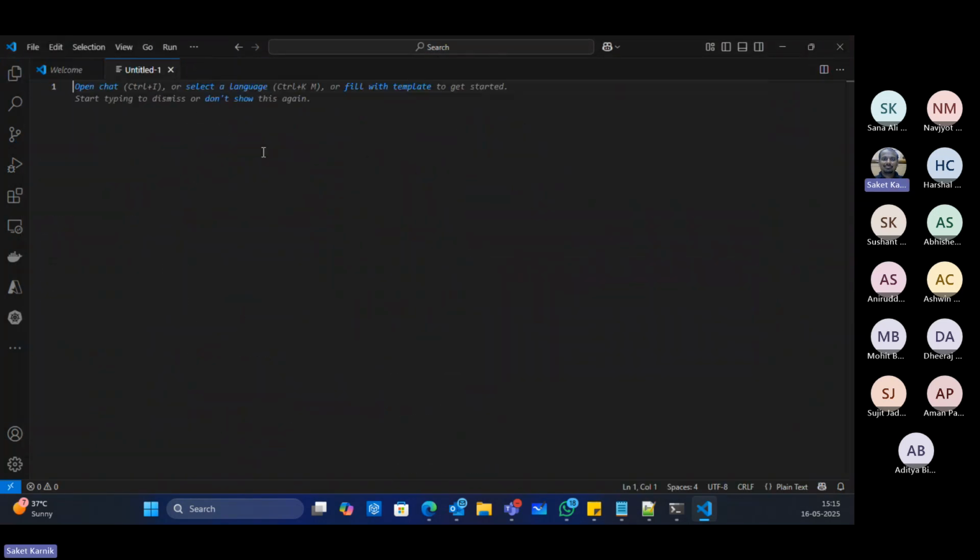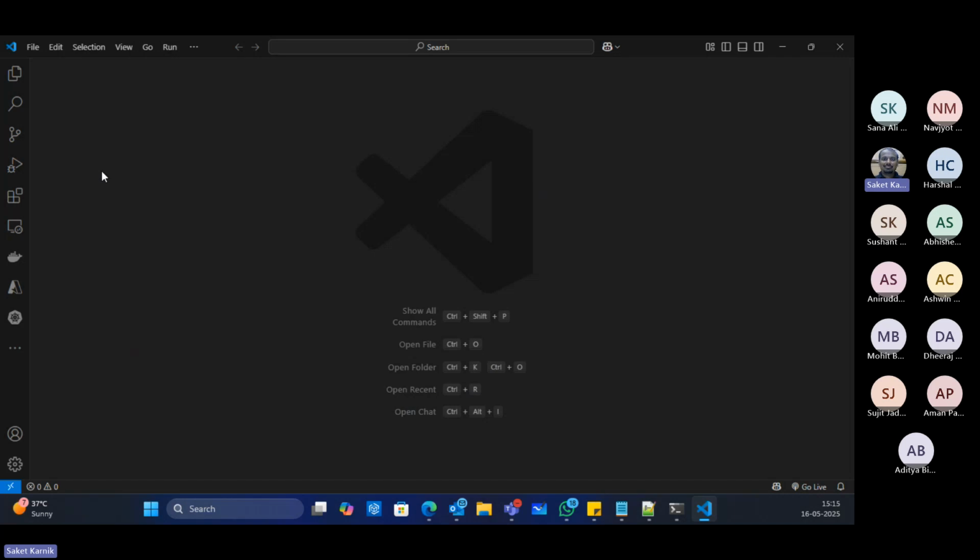So maybe what I can do is I can just close this folder and say create a new text file. Maybe not this way, I'll do it this way.